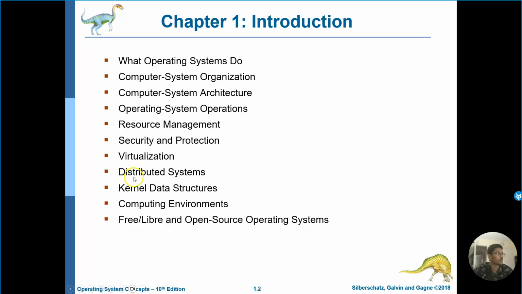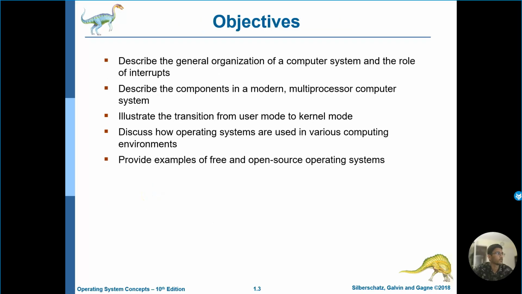What operating systems are, their organization, architecture, the operations that you can do with them, resource management, security and protection, the virtualization features, distributed systems, data structures, the environments, and the open source OS. Some objectives, again, are to be able to start talking about operating systems in general, and get down into what